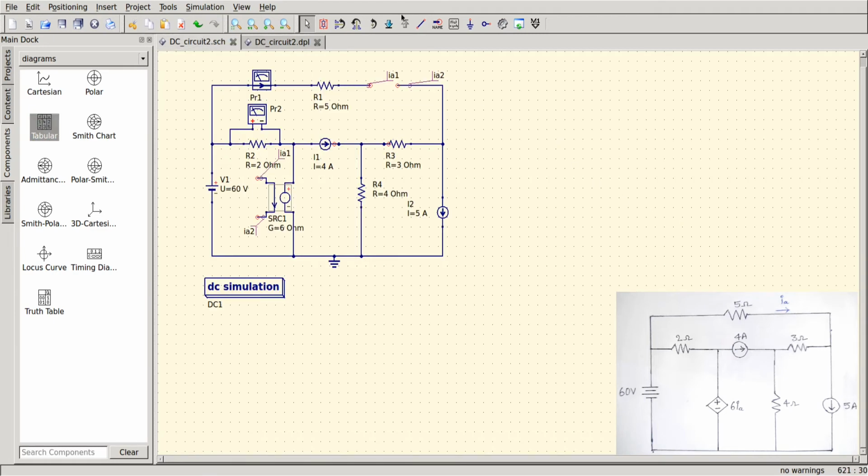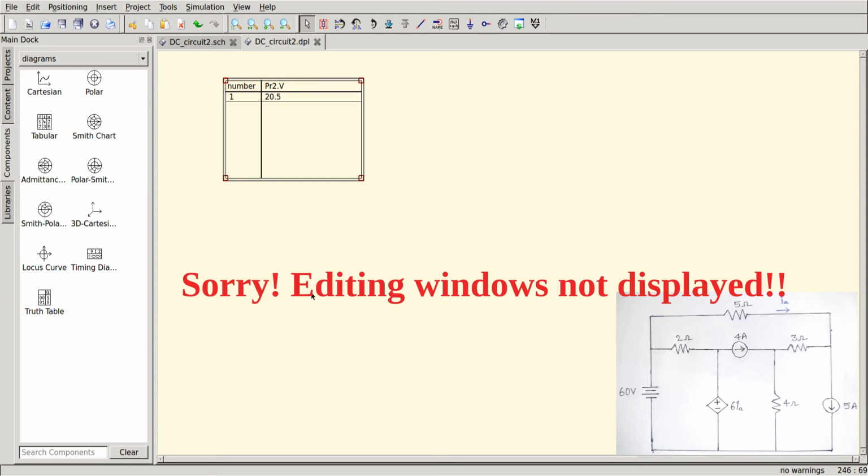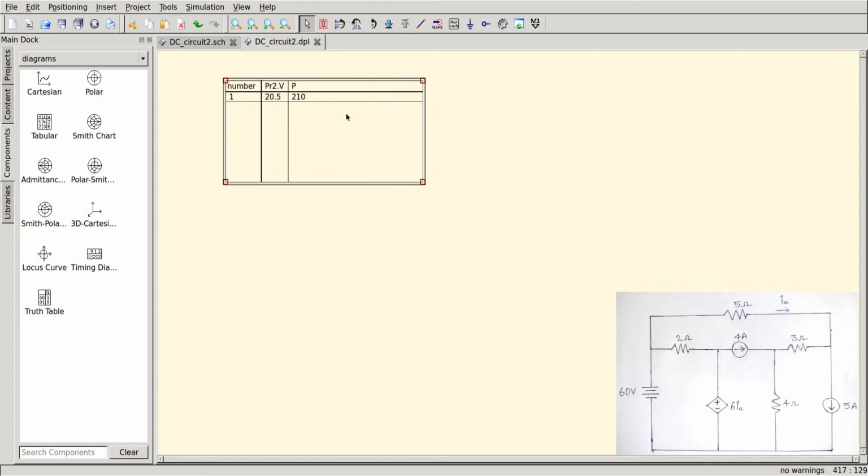Now dear students, to calculate the power, go to insert, click on insert equation. Otherwise this particular icon is here itself. You can click from here and say insert equation. What we require here is this equation, will edit it, then say OK, and let us simulate again. And here let me add P also to this. Here we can see, dear students, it is 210 volts,